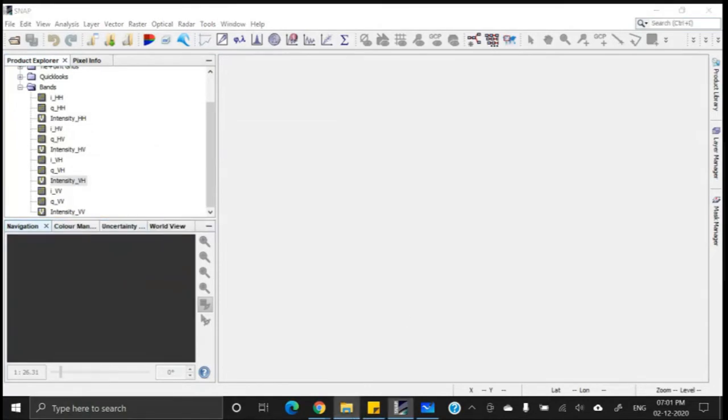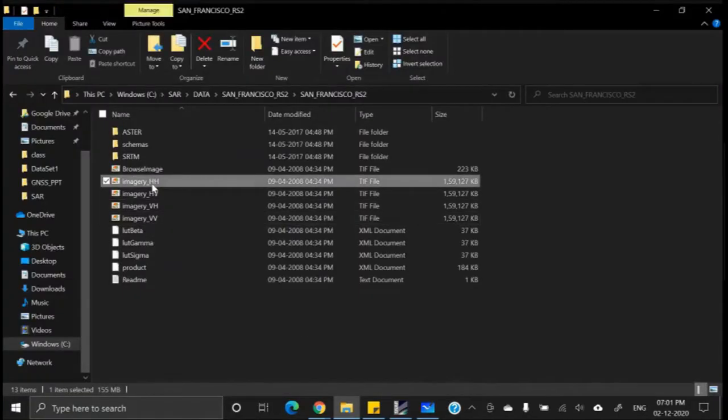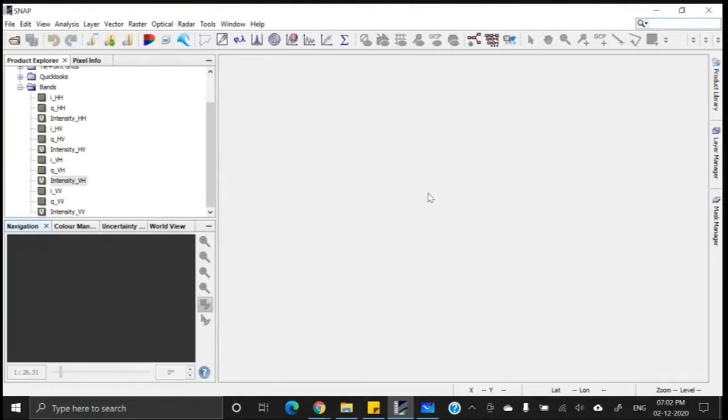As you can see in the original image, you do not have the I component or the Q component. It is simply imagery HH, but within this image, all of the data are there. Not only the I component and Q component, we also have other kinds of information or other kinds of images. Rather, I will explain.